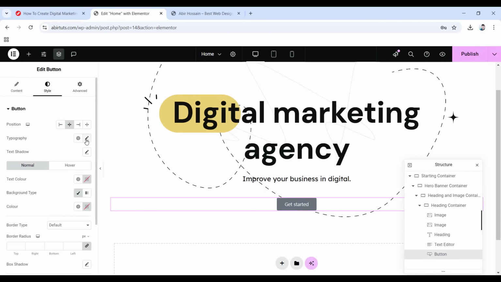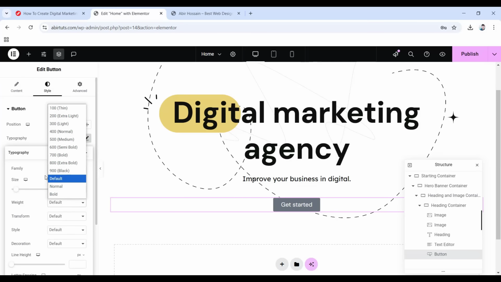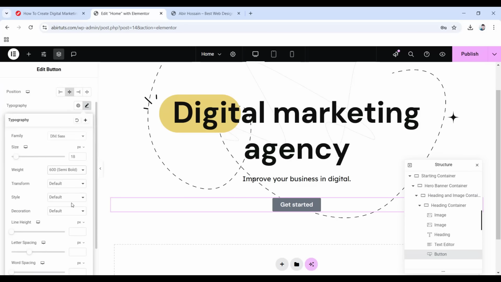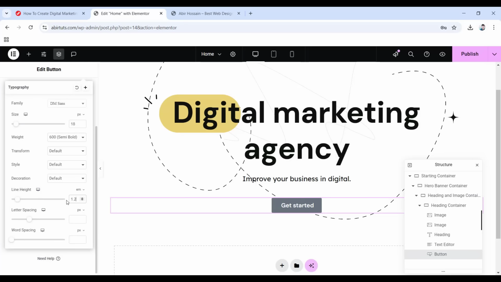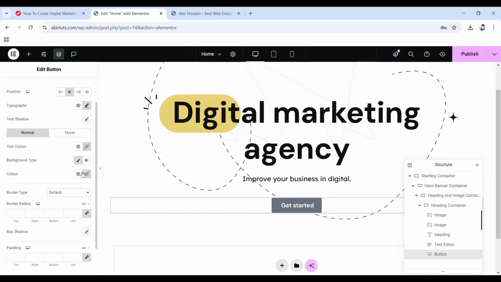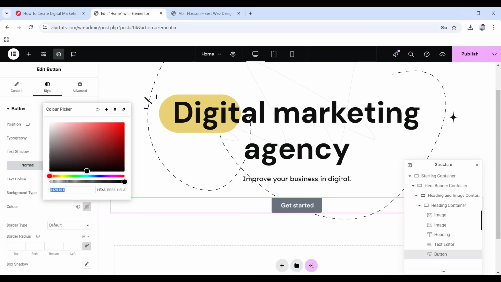Then go inside of its typography and again give it a font family. Let's write DM Sans and then choose this one. Give it a size of 18 pixels, weight of 600, and line height of 1.2 EM. There you go. Now go back, and here under normal tab we're going to give it a color, so click on this color picker, then in this field write